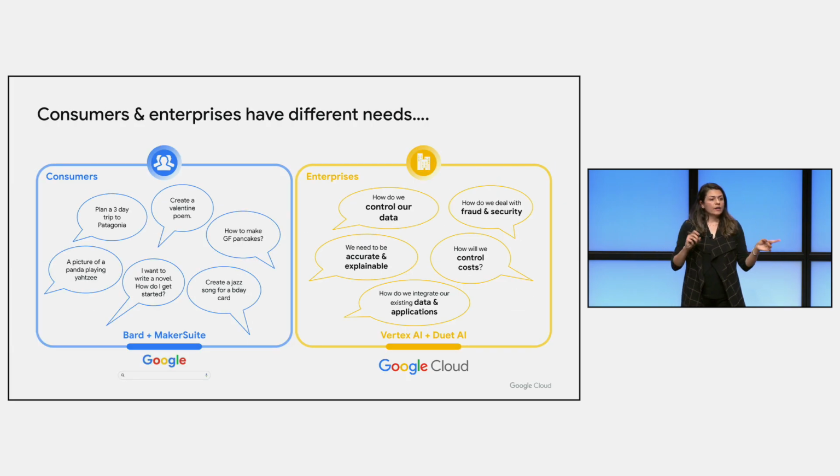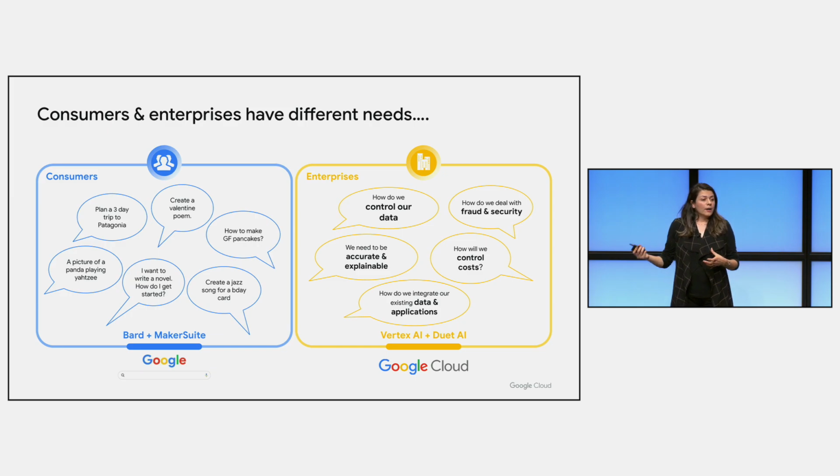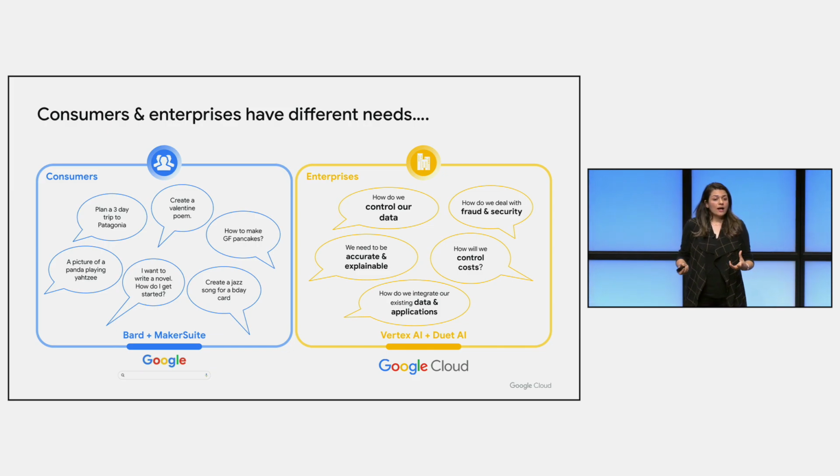Just a quick comparison, again, I want to clarify Bard versus Vertex, how they coincide. Bard was more a place for consumers and hobbyists to play with the technology and get a sense for it. Then Google Cloud made this accessible for enterprises with some of the considerations in mind, like data control, safety and security. Also, when you put this in enterprise solutions, you have considerations about cost and control for yourself. That's where Google Cloud introduced GenAI within Vertex as well as Duet AI.